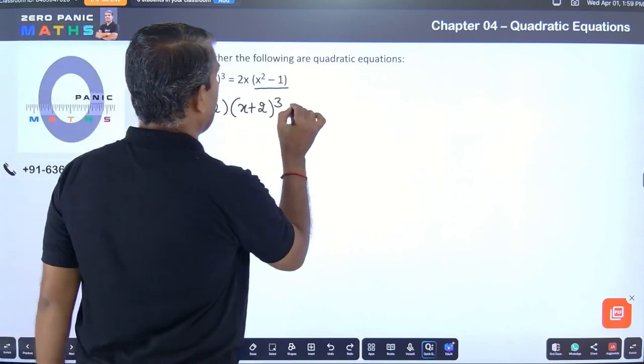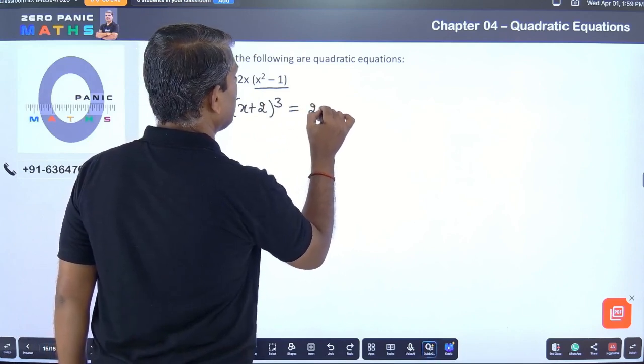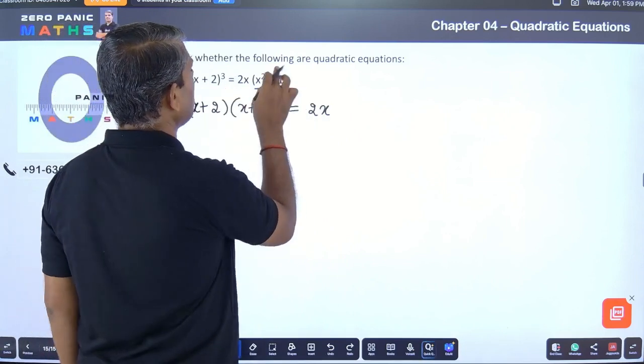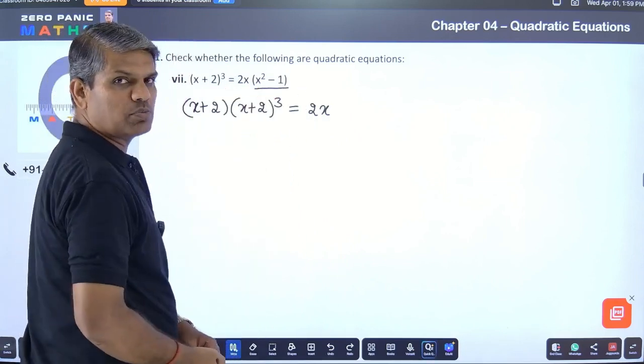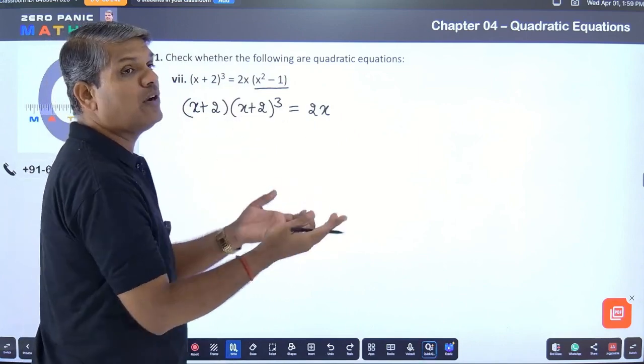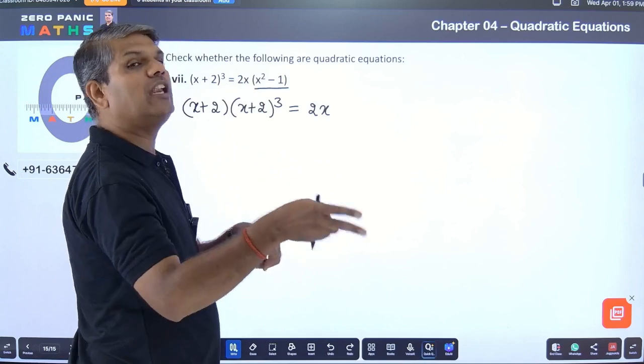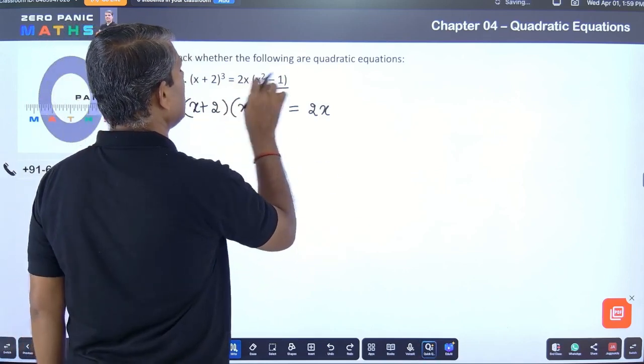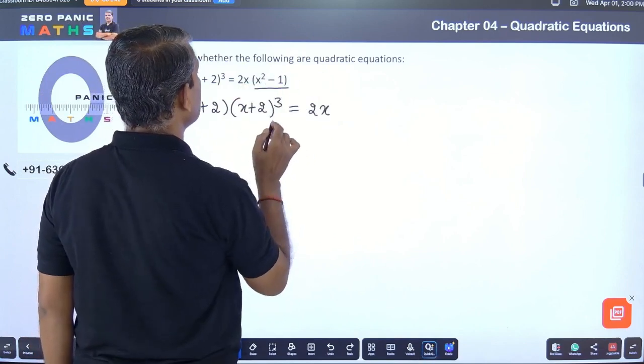Okay, and 2x I will write as it is, or else we can resolve that instead of using this as a square minus b square format, because that will again give us the two factors, a plus b and a minus b. Instead of that, you can just multiply 2x to both the terms inside the bracket,